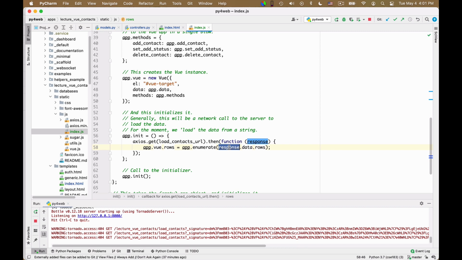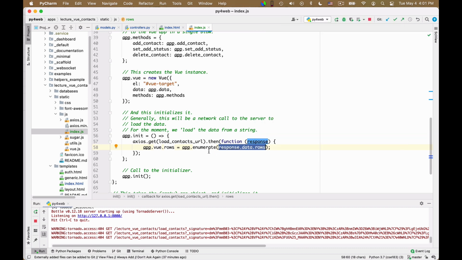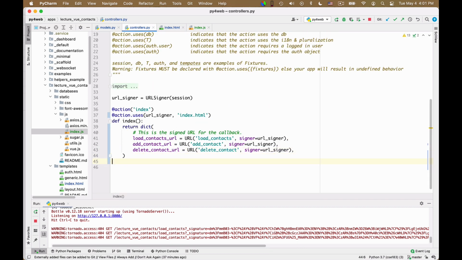The important part now is how do I get the rows? How do I write the controller that gives me the rows in the appropriate way? So we need to write a controller for this load contacts URL method. So let's go do it. I need to write a new controller.